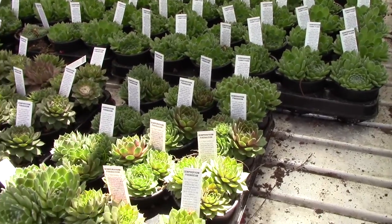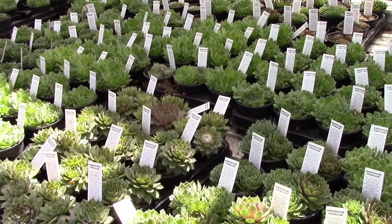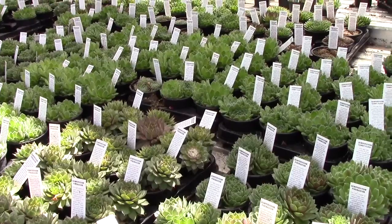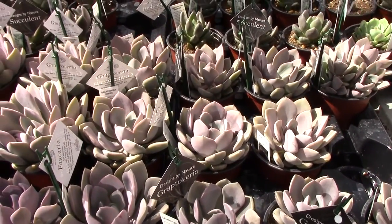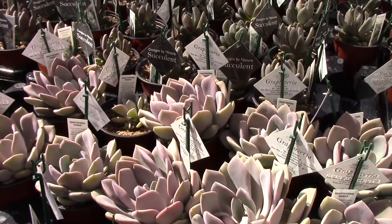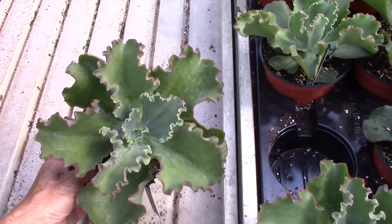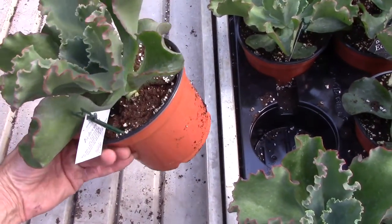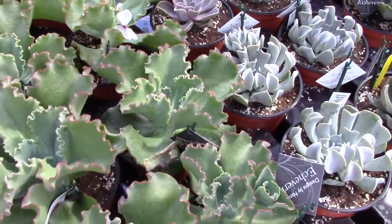We've got 3.5-inch foliage here, and one of the items that looks great right now are the sempervivums. Got a nice group of succulents, mostly Echeveria. You've told us you want heavy on Echeveria, so that's what we have the most of. You might be interested in some of the larger style Echeveria we're growing. This is an interesting one called Dick's Pink, but we've got some different ones here that we're trying to get